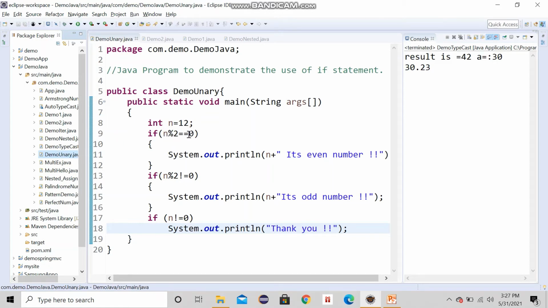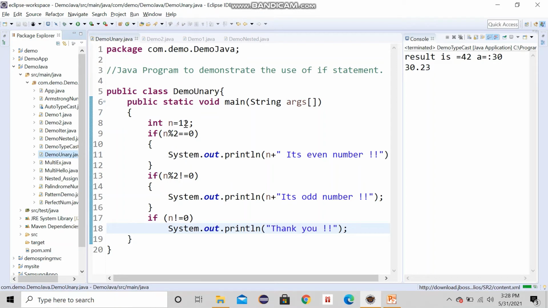If it returns 0 as the remainder, because 12 is divisible, it will go inside the if condition, because this condition is true, and print n, this number 12, it's an even number.